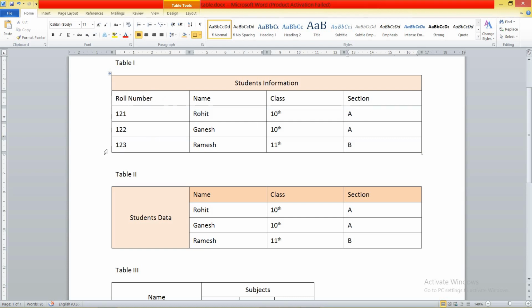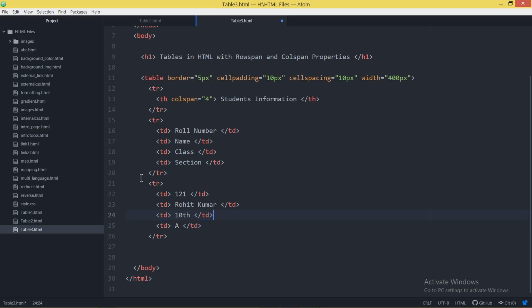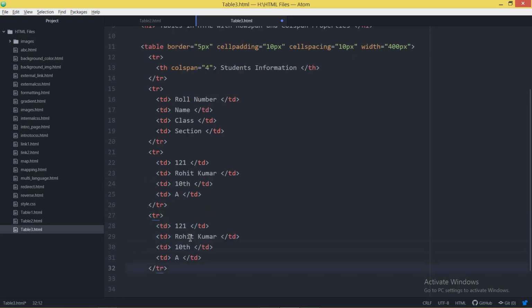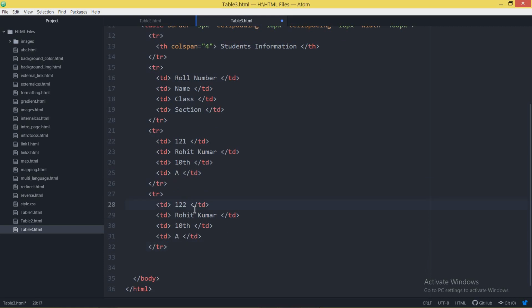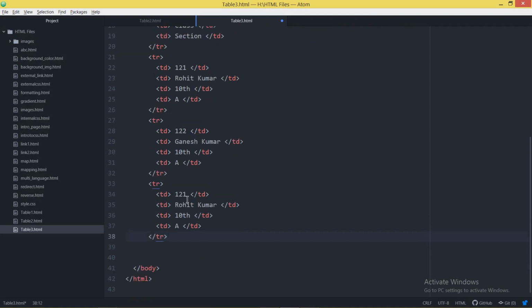Now I want to make another row, and 2 more rows I have to make. So just select it, paste it, and change the data as per the requirement. This is the concept I have to make. This is your section. Again for the last row, just copy and paste it, and again change the data over here. Let it be this one. This is the data which I want to set, and this is the section which I want.